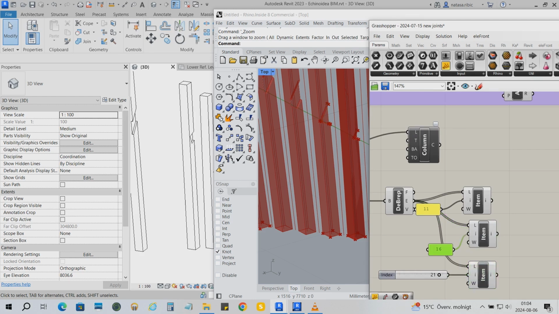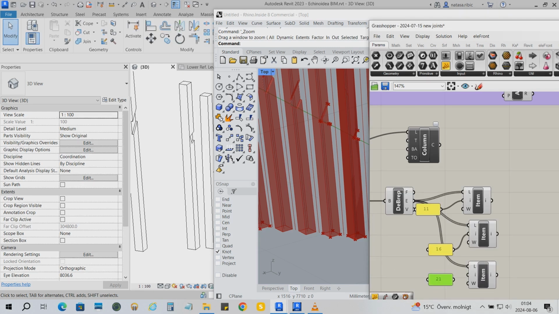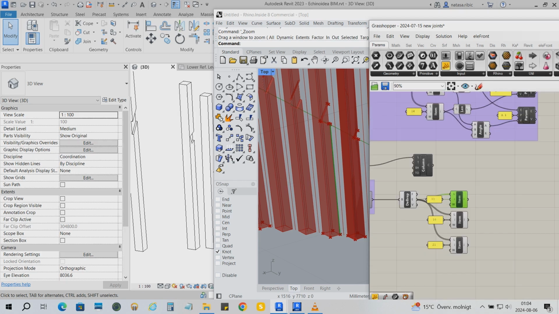And 21. That's those 3 edges we need in order to define parameters or move the information about the parameters from Grasshopper